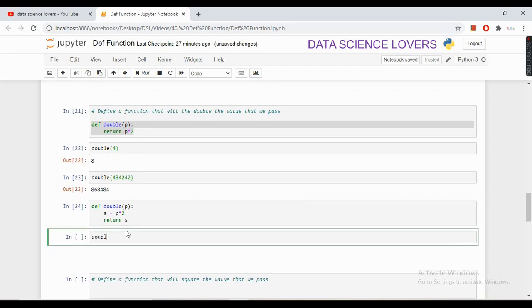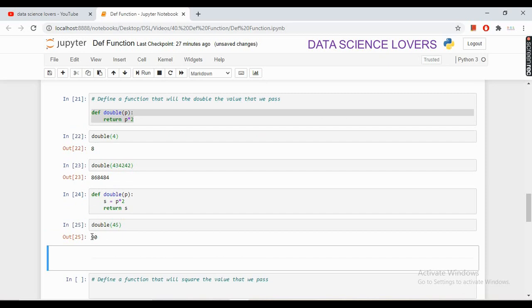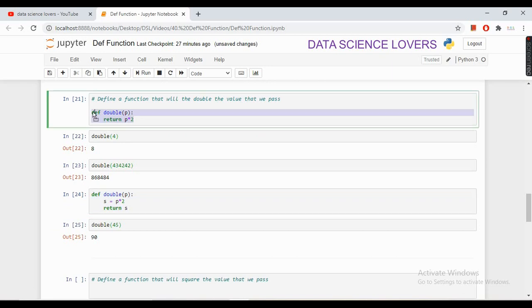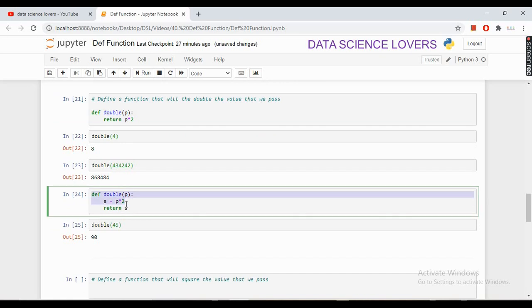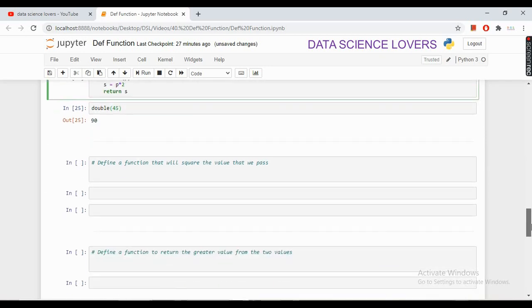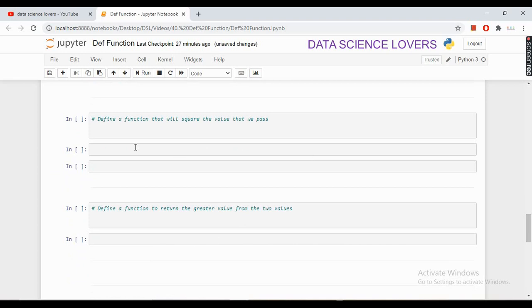So if I pass 45 here, then it will multiply it by 2. So we can define this function like this also, or like this. The result of the function will be the same. You will learn this by practicing it by yourself.